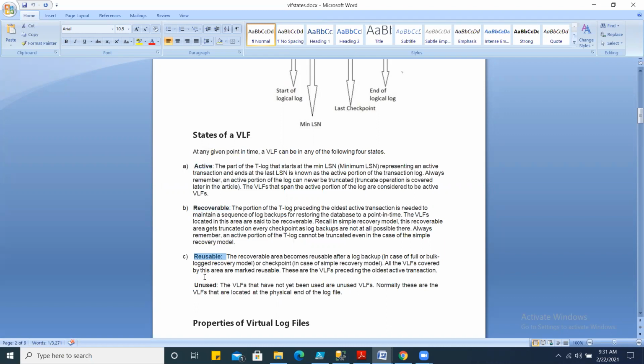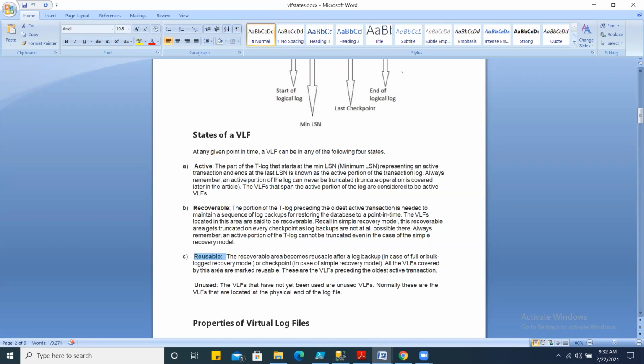So the objective behind these states of VLF is to make the transaction log file space reusable. That's why when your transaction log backup against a database in full recovery mode is failing, you will see your transaction log filling at a larger speed, right?